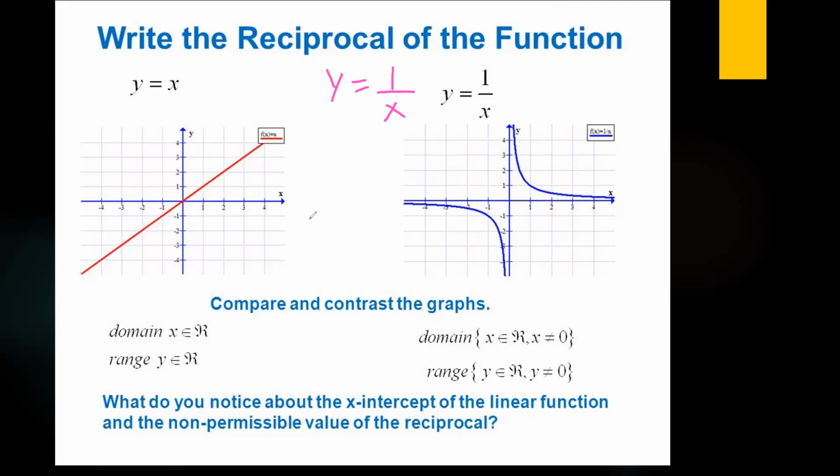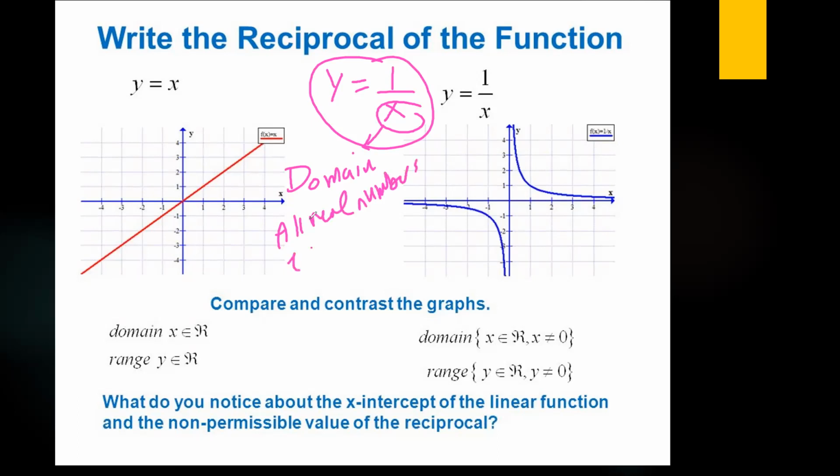But here, since there is a denominator, the excluded value will be at the zeros of the denominator. Where are the zeros of the denominator? At which point does the denominator equal 0? When x is 0. Here, you need to find the domain. So the domain for the reciprocal function will be all real numbers